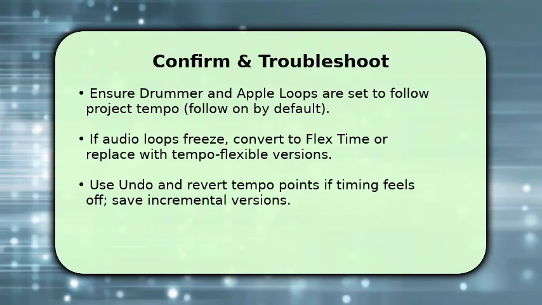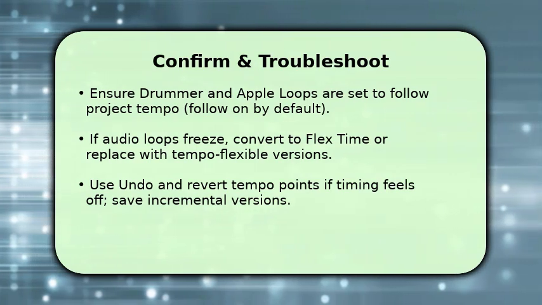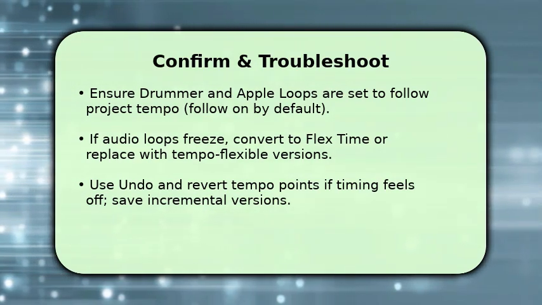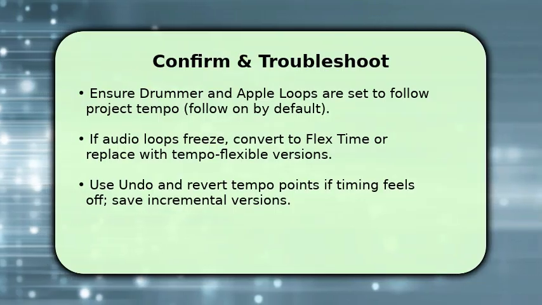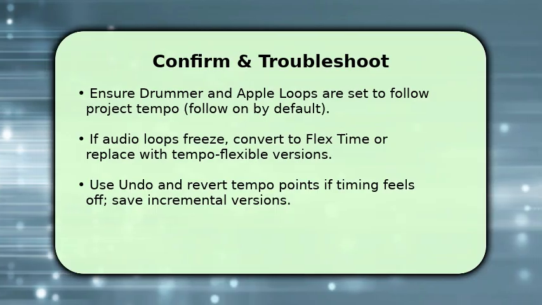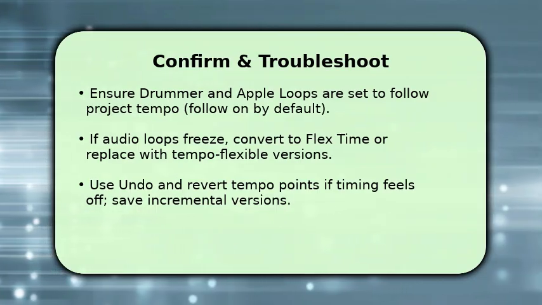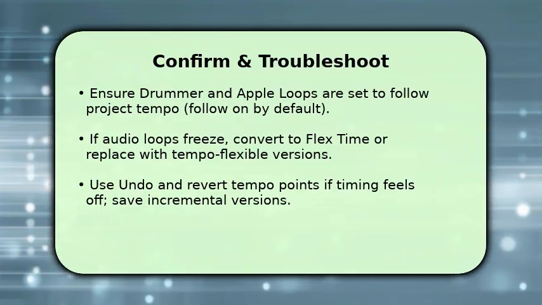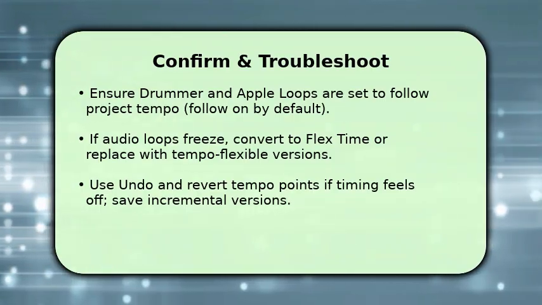Finally, confirm the drummer responds. Play the project and listen for tempo changes. Drummer regions should follow the tempo track automatically. If some audio loops refuse to track tempo, convert them to Flex Time or swap for Apple Loops that conform to project tempo. Once done, fine-tune tempo points to tighten transitions and save an incremental copy in case you need